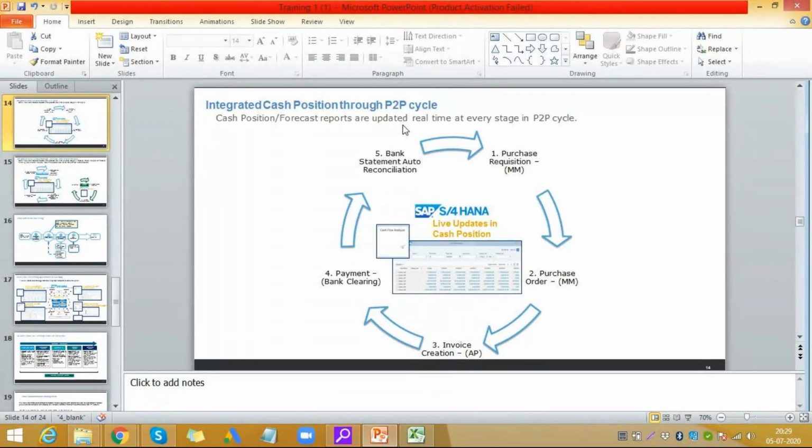So as soon as something gets captured in the system, as it being such an integrated system, it gets updated in the cash position. You can also integrate your purchase orders and sales orders in the cash position as well. Again, not a general practice done by every organization, but it is possible in SAP. When you create a purchase order, that also shows up with less certainty, because your purchase order is still not certain until you do GR/IR, create an invoice and pay to the bank. The certainty is less, so you can still show that data in the cash position.